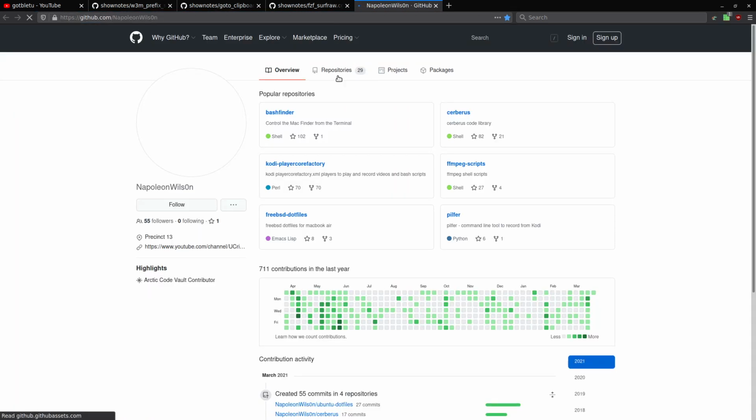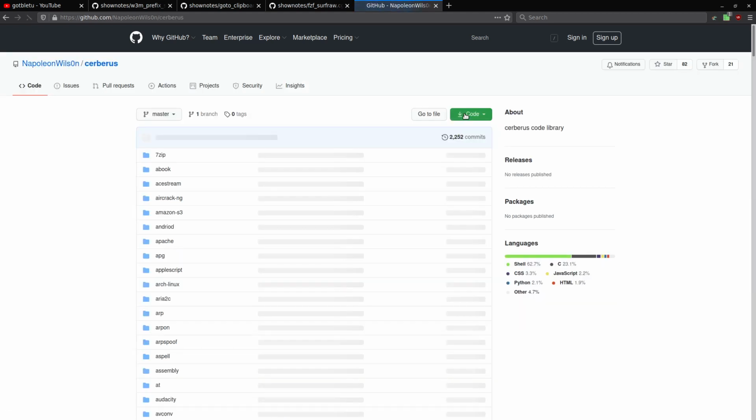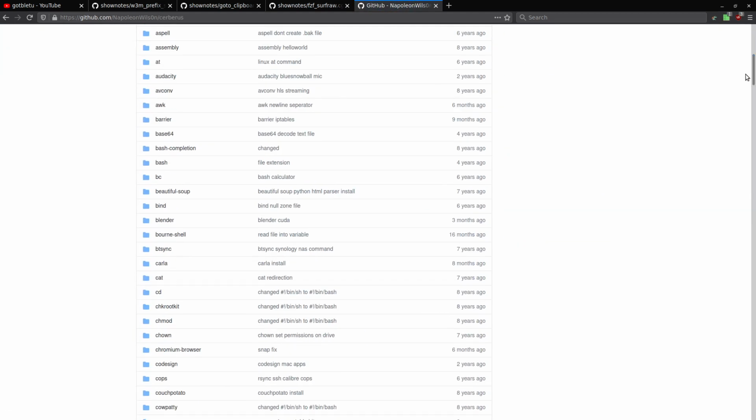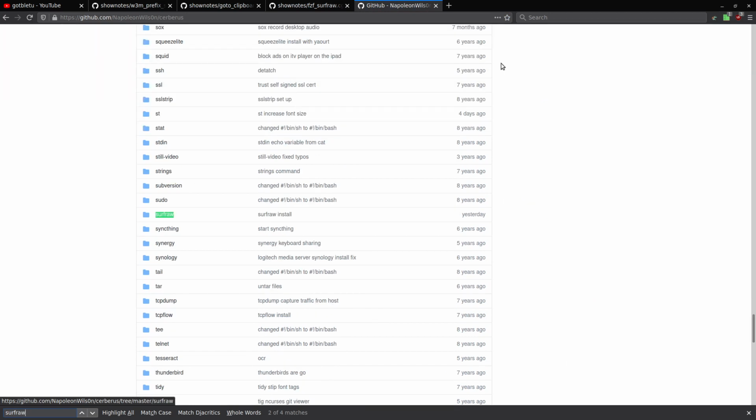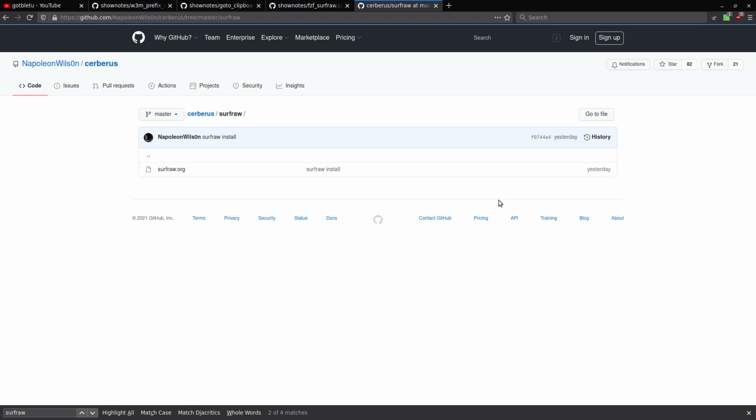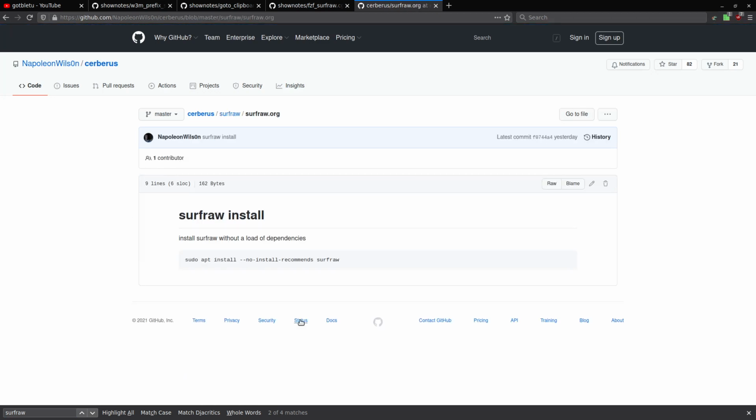Okay, here we go. Because if you try and install Surfraw on Ubuntu, it's going to pull in a massive amount of dependencies. Okay, here we go. Here's my notes. So what you want to do is run sudo apt install